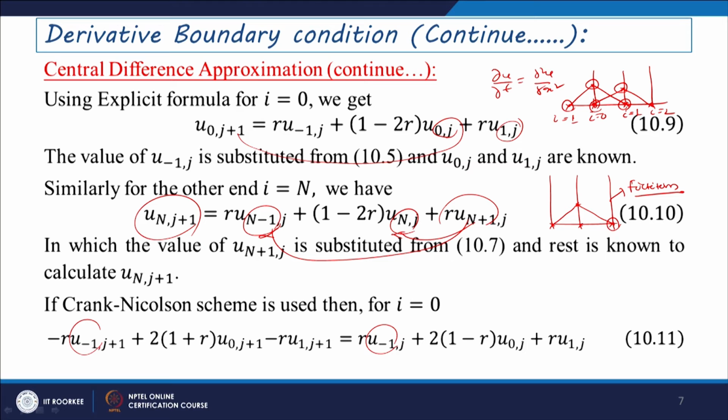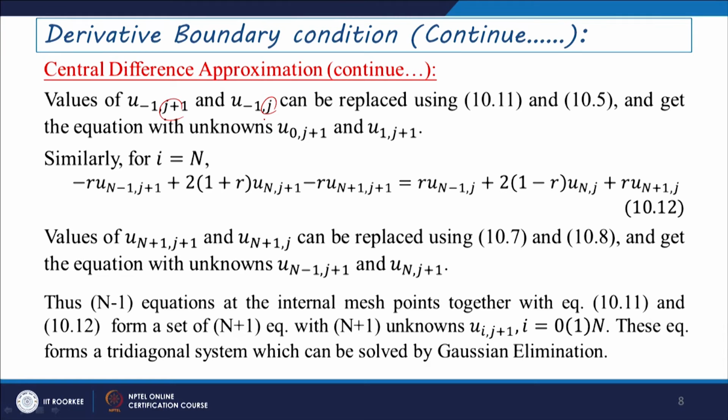These are the fictitious boundary conditions we have considered here. These values can be replaced by using our earlier formulations, as u_(-1)^(j+1) and u_(-1)^j. Since j+1 and j are the time step variation, and these coefficients remain fixed along these boundaries,